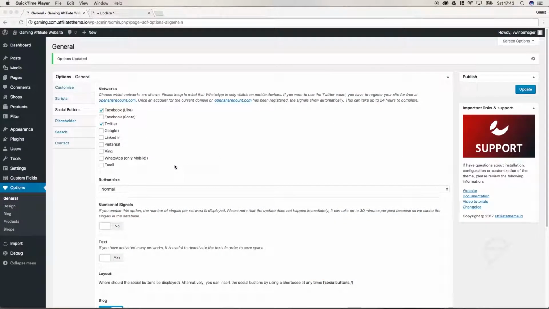So now let's add some more social networks to our social buttons on our website. So now, in addition to Facebook and Twitter, we want Google Plus and WhatsApp to appear. So we're going to click WhatsApp and Google Plus. And now you already see it says WhatsApp will only be displayed on mobile devices, logically, because you can usually just use WhatsApp on a mobile device. So we will take a look at how this really looks like on a mobile device. So we're going to click Update